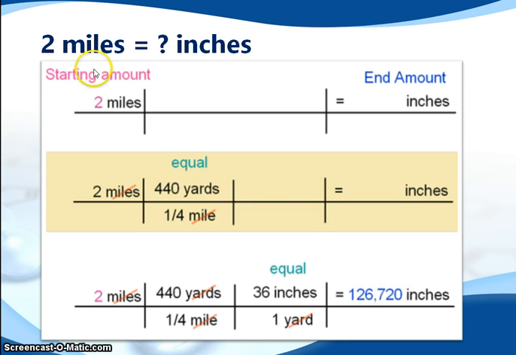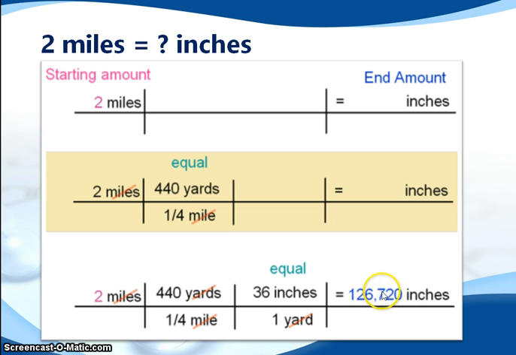Let's do this again and find out how many inches 2 miles equals. We start off with 2 miles, and we expect to get a number of inches. So we know that 440 yards is equal to a fourth of a mile. So let's start off with that. This number of 2 miles, the miles part cancels with this miles part over here. Let's move on. So 2 miles times 440 yards over 1/4 of a mile times 36 inches over 1 yard equals